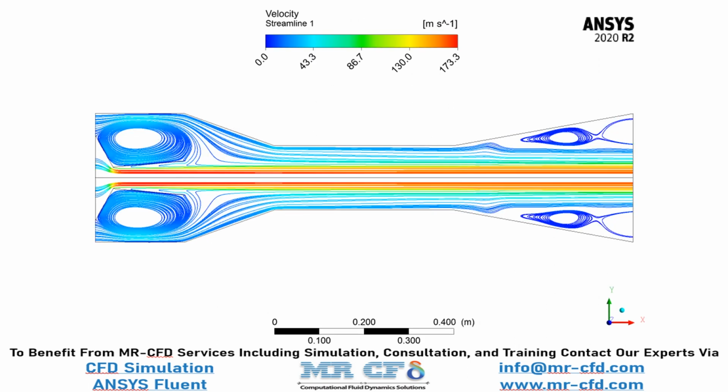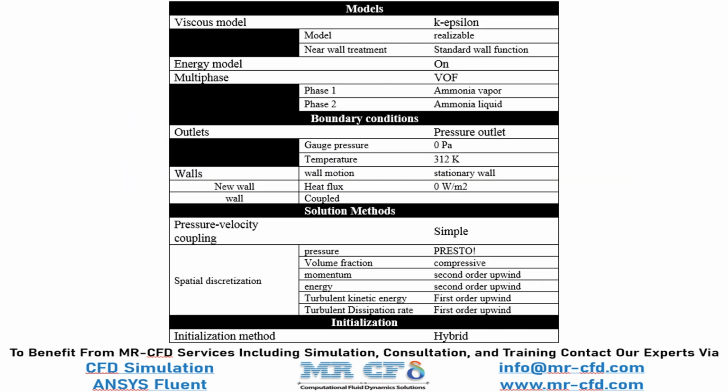Now in this slide, you can see the streamlines of two phases of liquid and vapor ammonia, and you can see the flow patterns caused by the high velocity liquid ammonia passing in the middle section of our computational domain. Finally, a summary of different settings and setup that we have used in our project is presented to you in